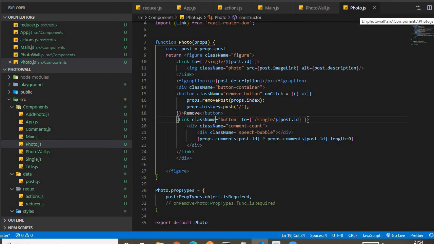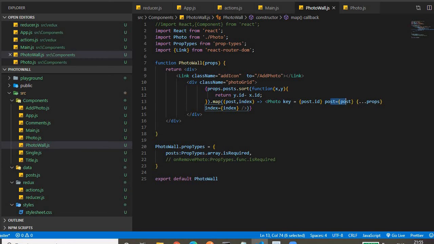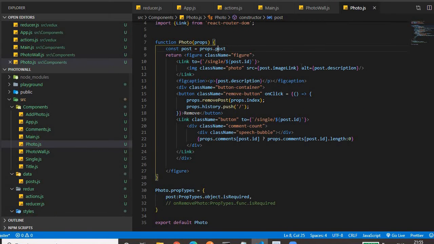In photo component, we are displaying the images. Whatever props we have provided, we'll retrieve by using props dot post. This will retrieve the post props that we have provided here, each image. Then I have put the image in a link tag, so that on click of the image we will be navigated to the comment section. Here, if you notice, we are doing parameterized routing. Okay, we will come to that in a bit.